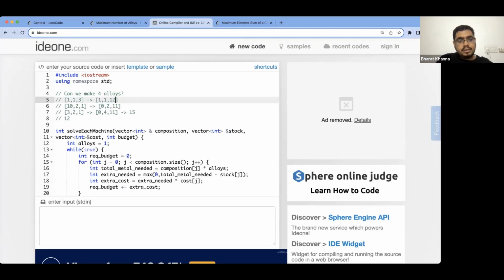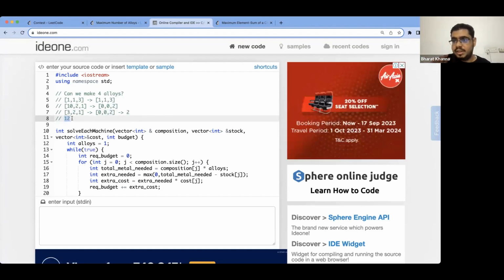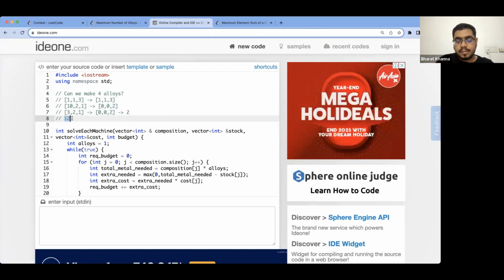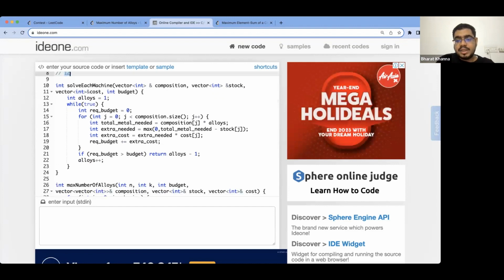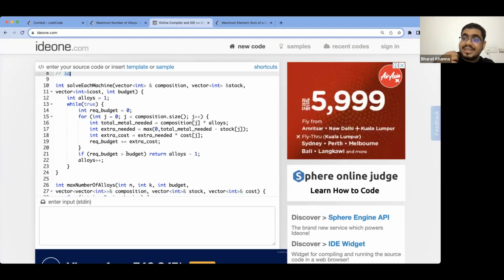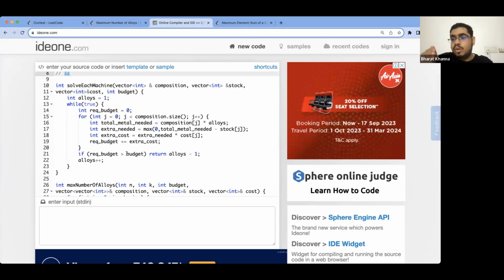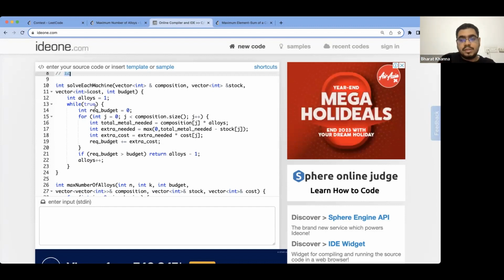1, 1, 3. When we subtract 0, 0, 2. When we multiply 0, 0, 2, the total budget is 2. So when we try to make one alloy, we got 2, which is less than 12. So we are within the budget. Does this make sense? So when we are within the budget, that the budget did not exceed, that means we can try making one more. So alloys plus plus will make alloys become 2,